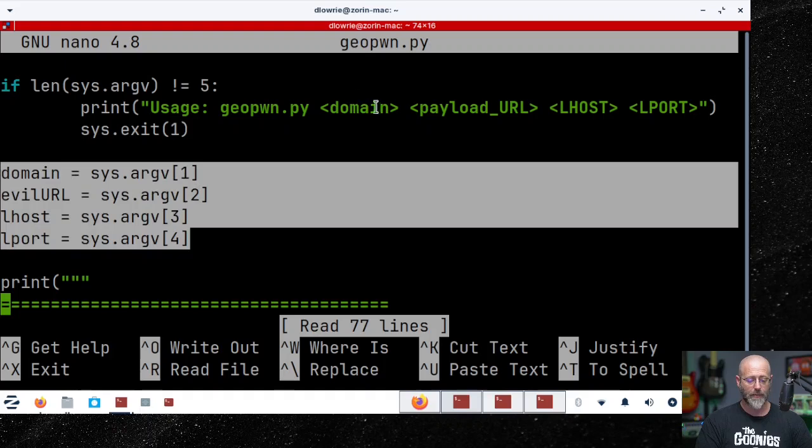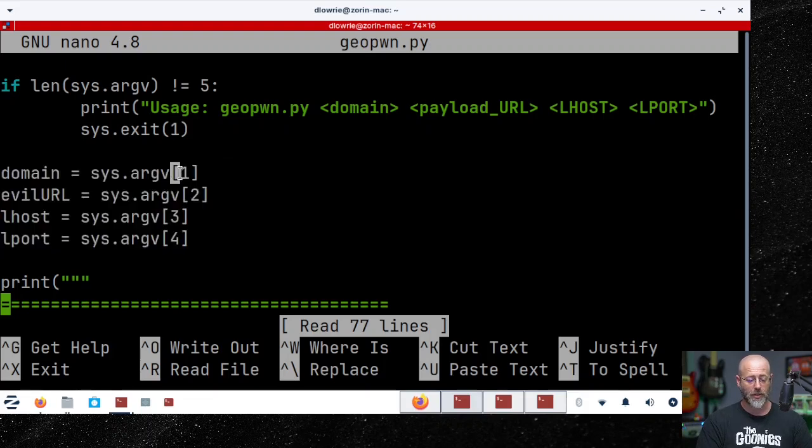So domain, obviously, right? That's going to be the domain. What is the IP or the domain name? So if this was like example.com, you could put example.com there. But for our intents and purposes, it's going to be an IP address. So maybe I should make some change to this, but you get the idea. And that's going to be pulling from the first parameter position from the command line, which is actually the second,